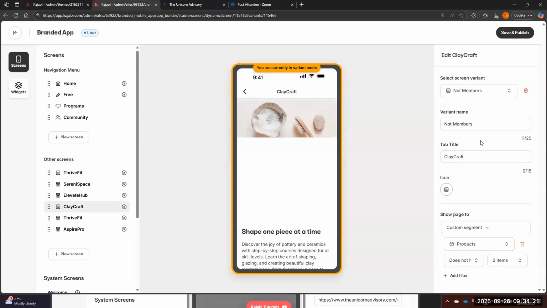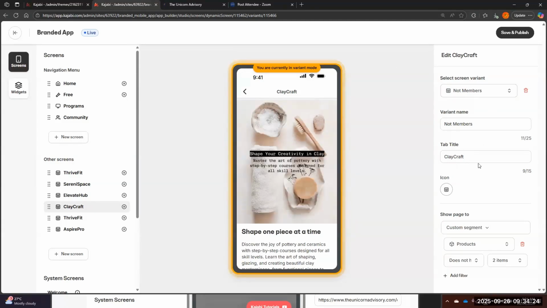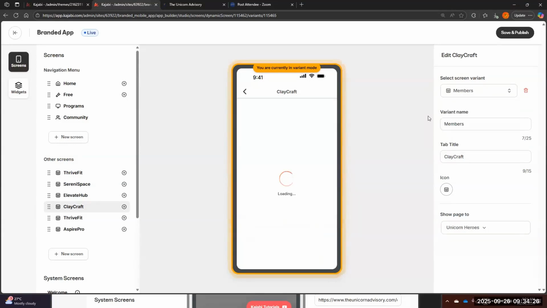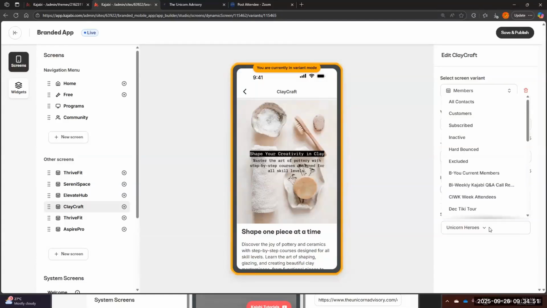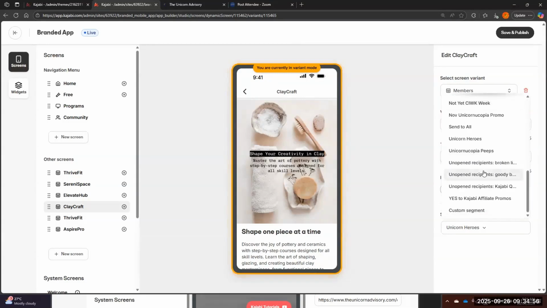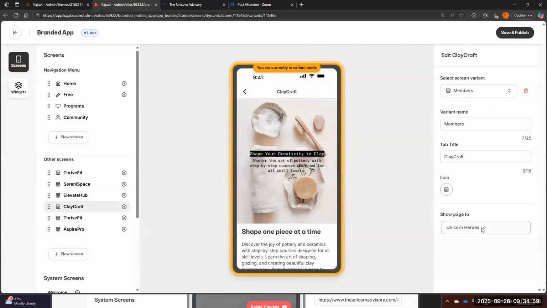So this one may be more like a sales page where you're actually directing people to buy, whereas this version for your members could be more like, hey, here's how to access everything in your membership. There could be a link to the resources and to the courses and things like that. Because if there are programs, it's going to open it up within the app, like the things that they already own. So it can be a really nice experience, so that it's going to show them customized content depending on a situation. However, the situation is basically every single filter that you have in Kajabi. So you can create a filter, and if you don't already have the filter, you can create a segment, and in that segment